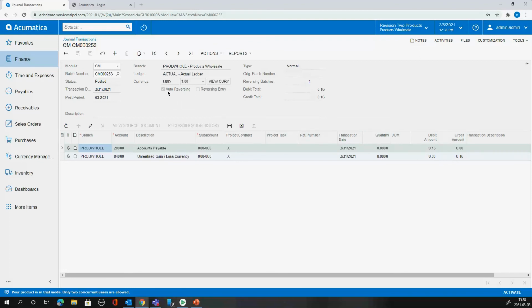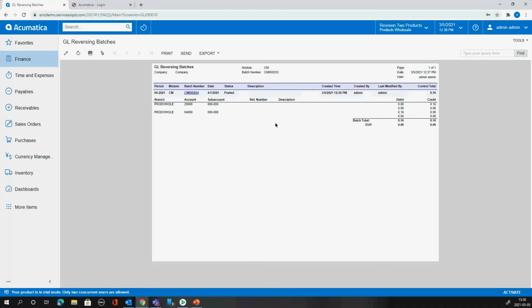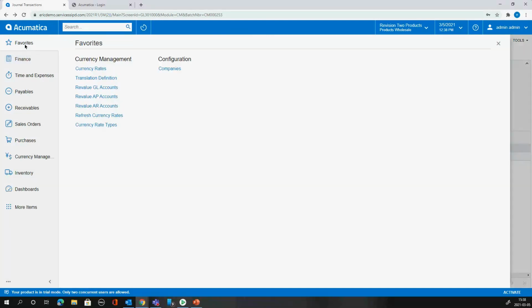And the system also auto-reversed that transaction for the next period. So I've got a reversing batch here, and you'll see that on April 1st the system reversed this transaction. So if we go back here,